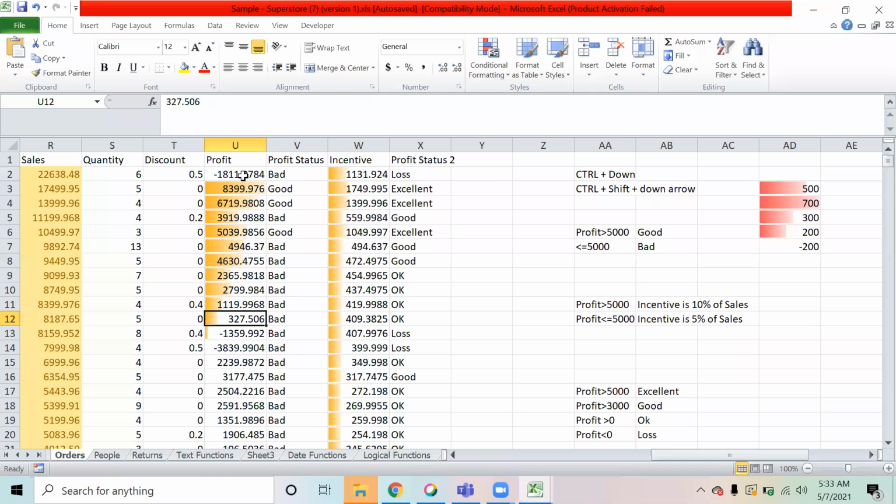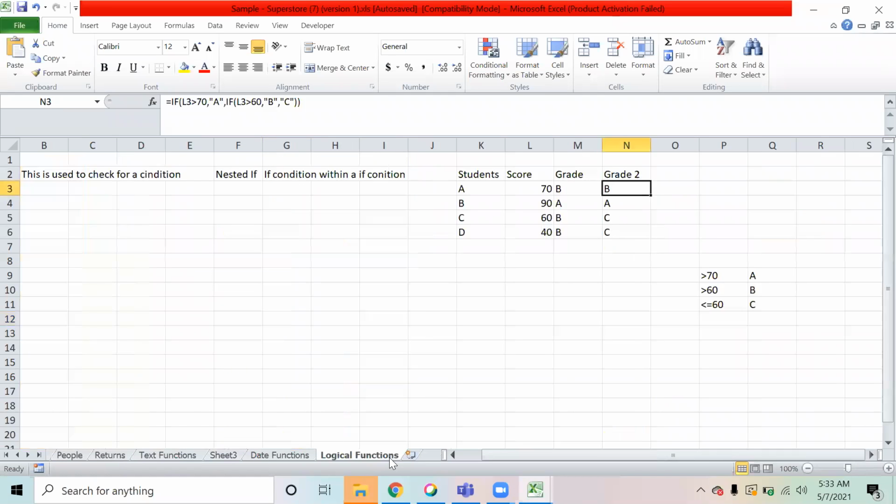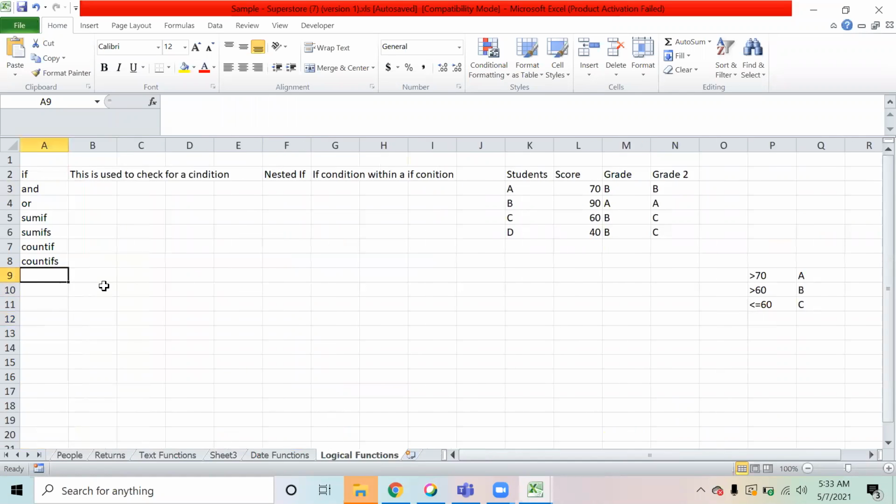Okay. Now, if I come back over here, we have two more functions that we are going to discuss, that is AND and OR. These are something that we use if you have to test for more than one condition.